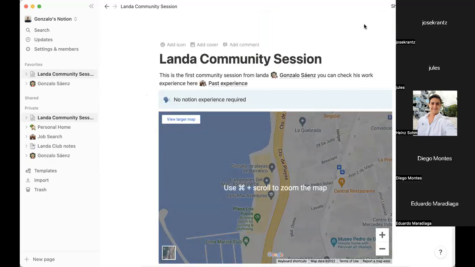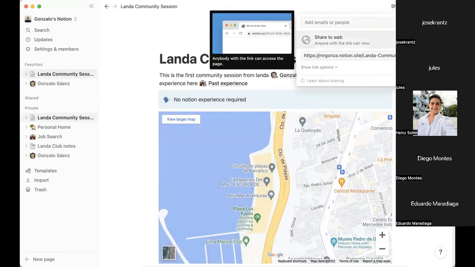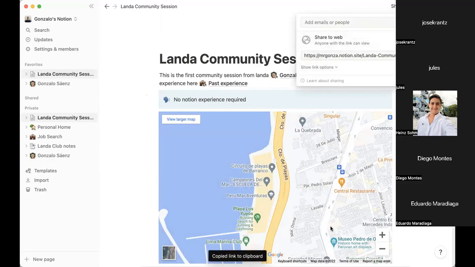So basically this is it. You can create your web page as simple as this. And what you can do here is share it on the web, and you get a link here, and it's accessible by everybody on the web. So maybe I can share it in the chat so you can check it out.